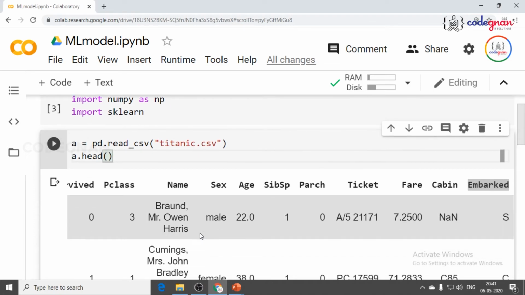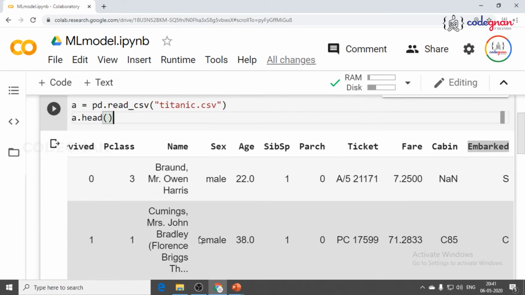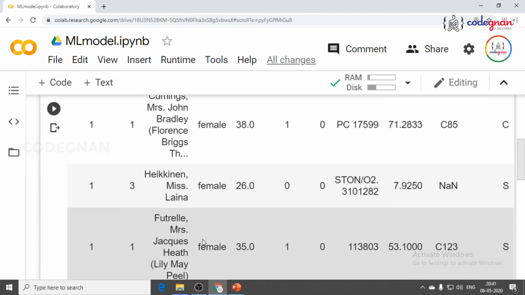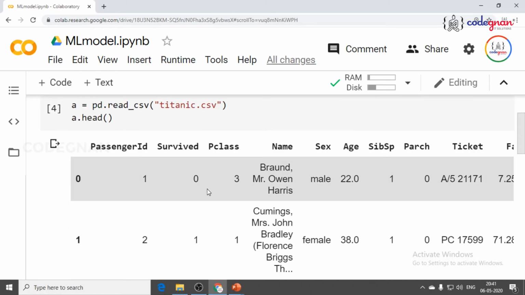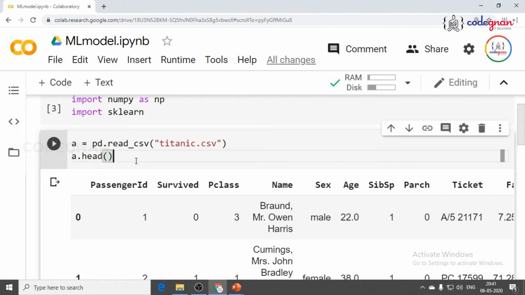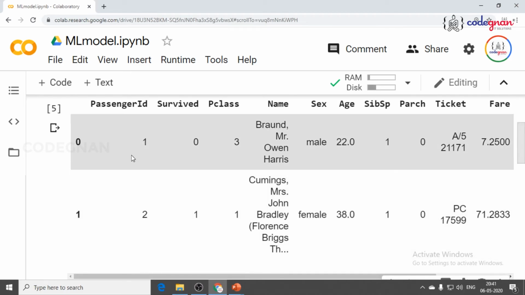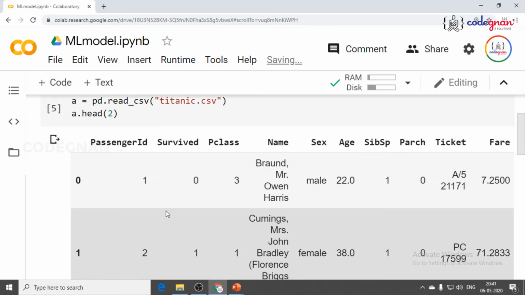So in the same way, what happens in general lives if we have such kind of data, and how we can analyze them? Because that's where I'll be having some data, then I can feed the data to a machine learning model. It can learn from this data. Generally we'll have, for traveling we'll be giving our details for buying ticket, right? In the same way we have this manual data, because this involves much more data cleansing principles. That's what we are going to see now. So if you can give a head of 2, you can get only top 2 values. You can give any number.